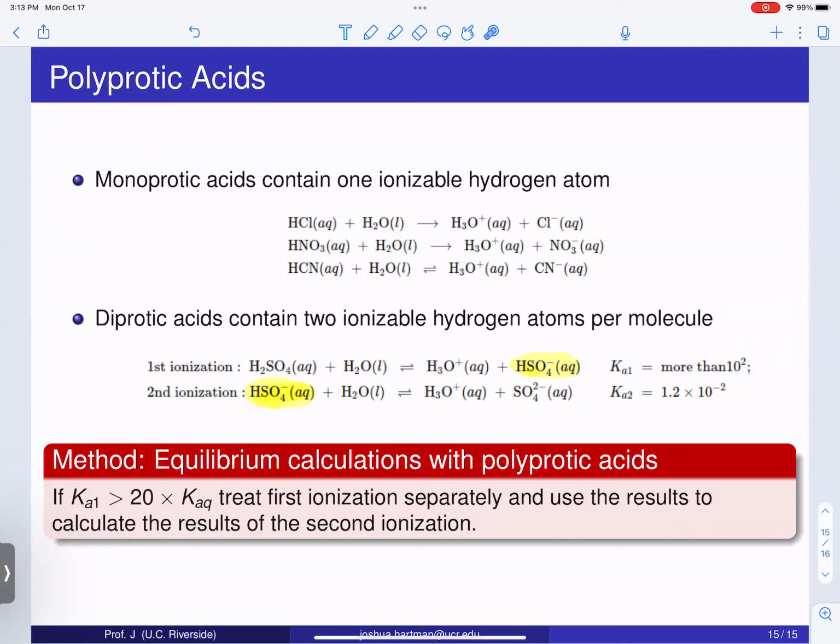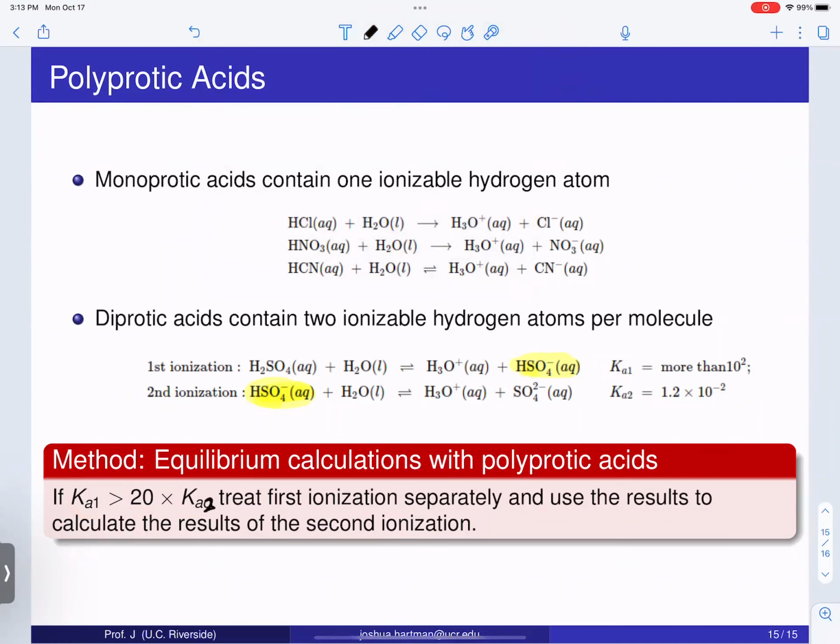And so what we need is a way for us to calculate equilibrium concentrations and pH and all that fun stuff when we're working with polyprotic acids. And so the method that we're going to use here is the following. We're basically going to say, okay, let's compare K1 and K2. If the first equilibrium constant is at least 20 times larger than